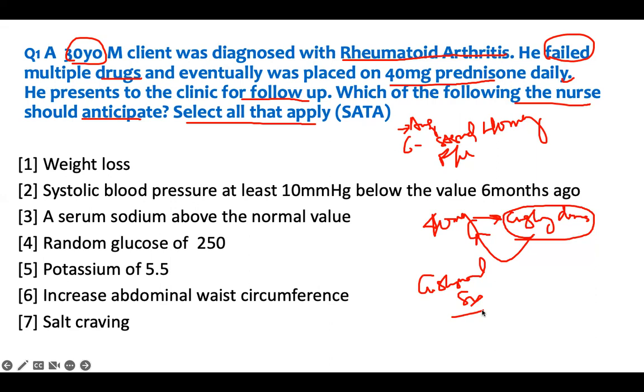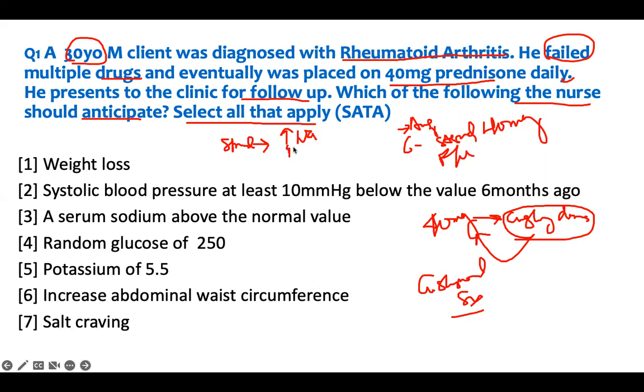Then you ask yourself, what does steroid do? That's all. That's what the question is about. You're breaking it down, thinking before you look at the answer. If I'm on steroid, think about what the steroid will do to you. And you start thinking about signs and symptoms of Cushing. Well, your sodium is going to do what? It's going to go up, okay? Because of the renin-angiotensin system, and it holds on to water, okay?